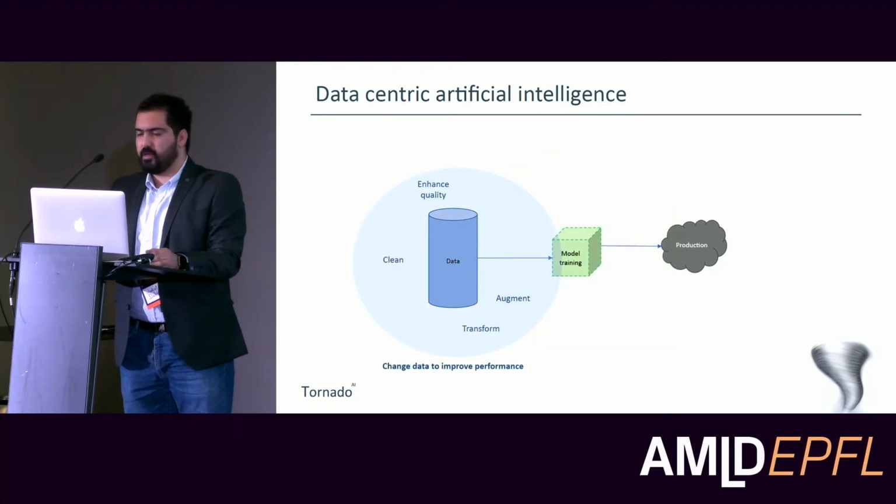What we mean by data-centric artificial intelligence, which is a trendy term in the last few months, is to also focus on the data part of the model training process. As you can see, we are spotting the light on the data. We are trying to enhance quality. We are cleaning further the data we are feeding to our algorithms to train the model. We are trying to augment the data, transforming it. So this is what we mean by